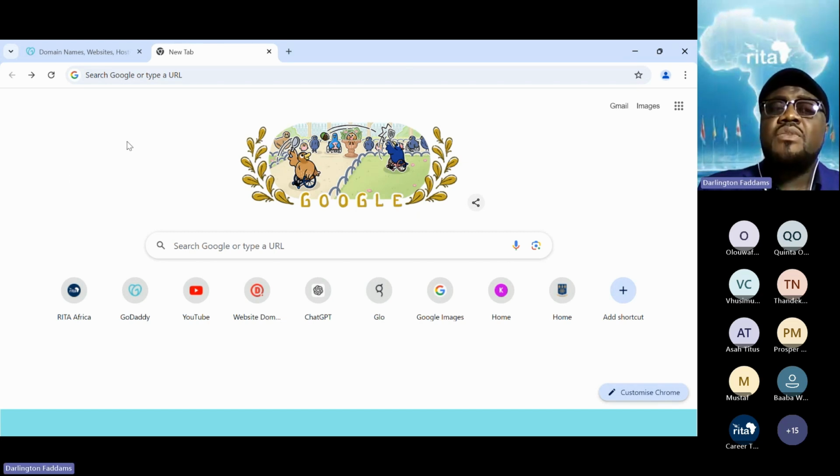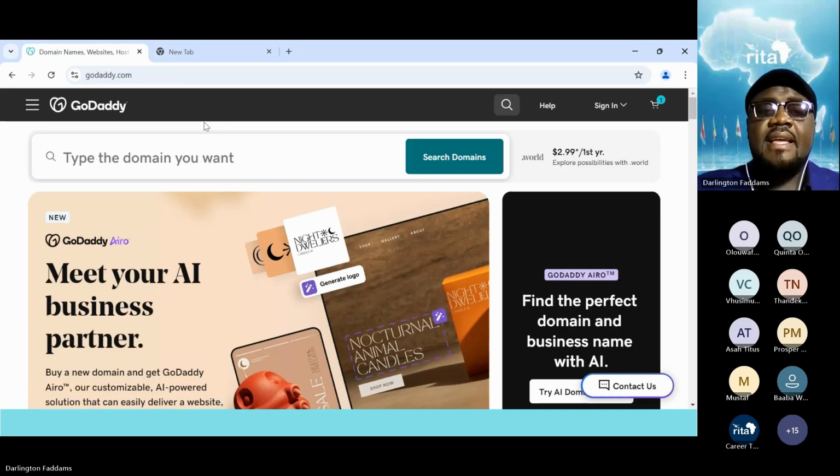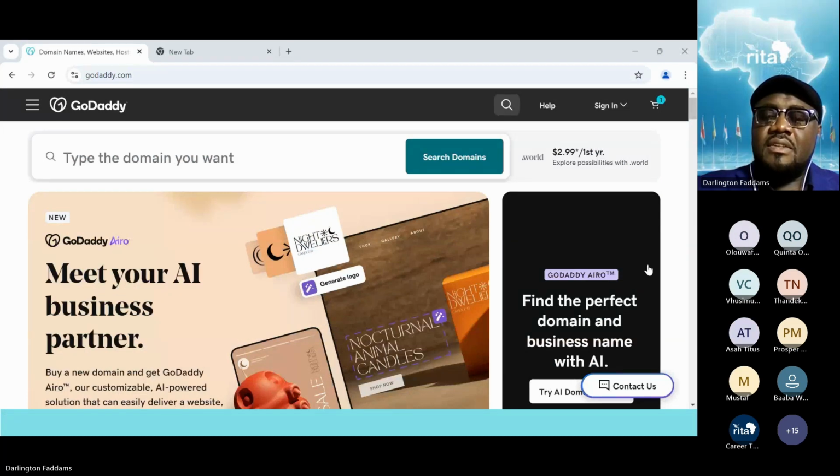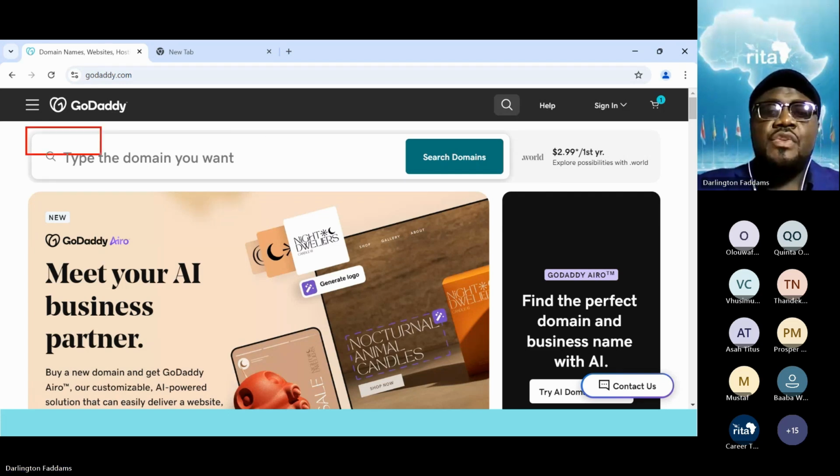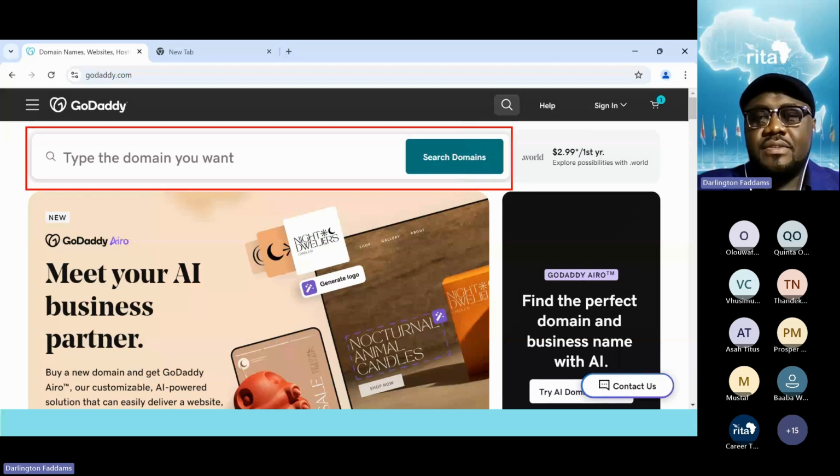There is a special box we use for this purpose, and we call it the domain registration search box. Please type that in the chat for me. You can just say the domain search box or domain name search box or domain registration search box.